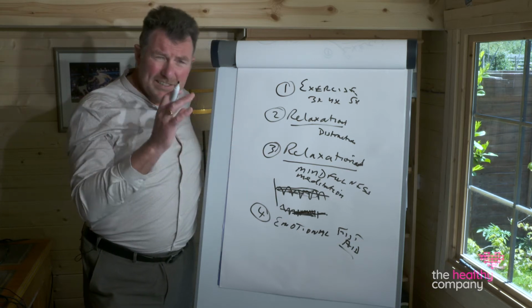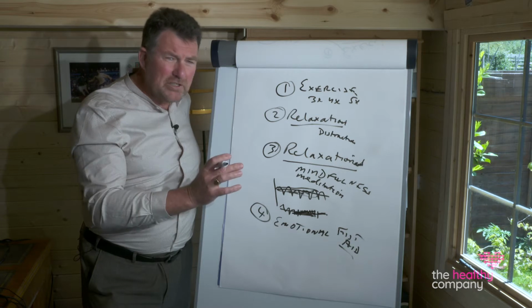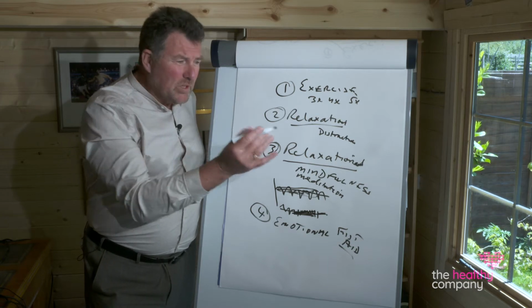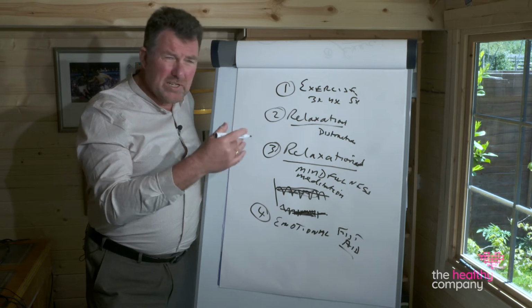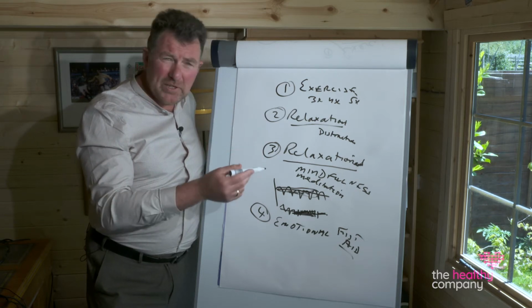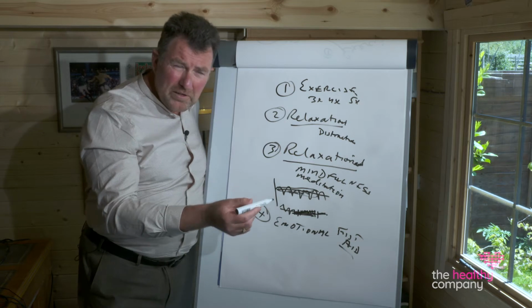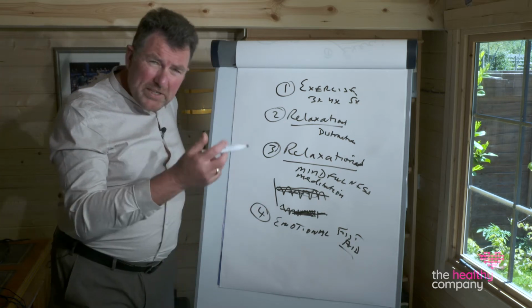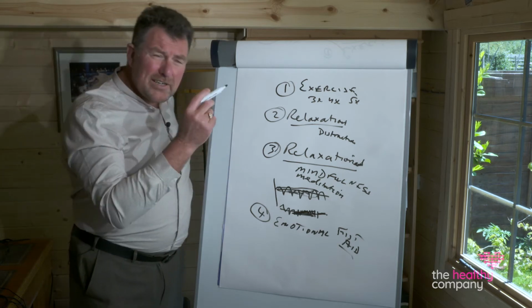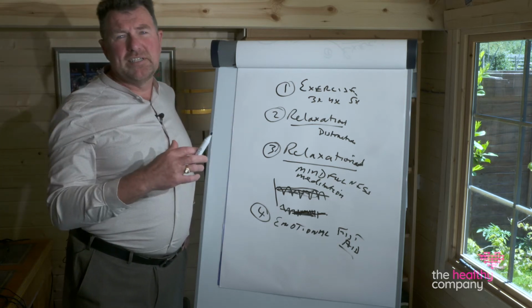The count to 10 actually gives you time to cognitively take in what it is that you're worried about, what it is that you're panicking about. By the time you get to 2 or 3, you stop panicking. By the time you get to 7 or 8, you stop worrying. And by the time you get to 9 or 10, you've often sorted it out. So big deep breaths, count to 10, and then going back to my example of the stretching and the loosening up,